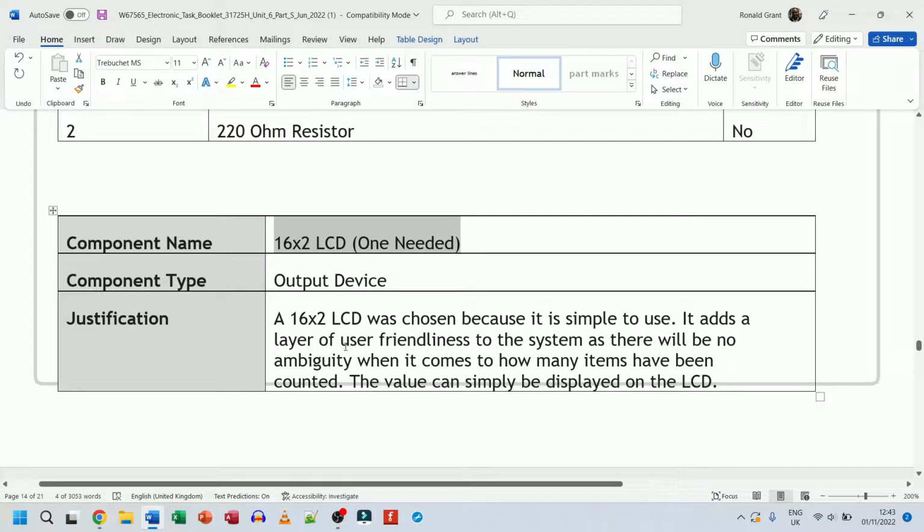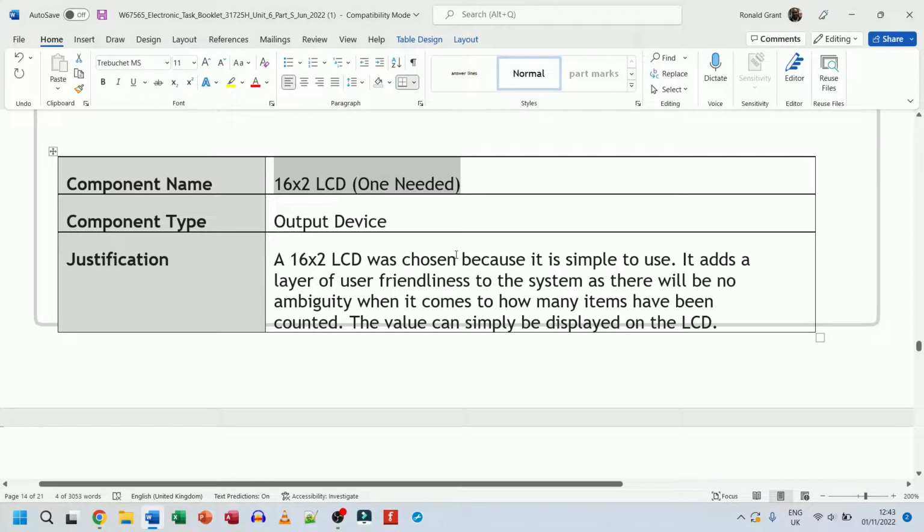It adds a layer of user friendliness to the system, as there will be no ambiguity when it comes to how many items have been counted. So the good items, the bad items, the value can be displayed on the LCD. Very simple device, user friendly. It makes it clear as to what the system is actually doing. If I, as the engineer, go in and put prompts, I say print how many bad items, print how many good items,